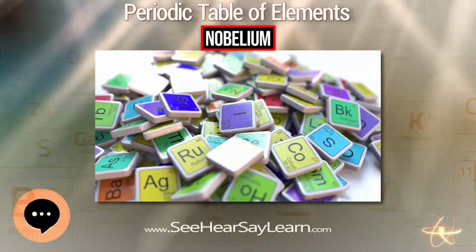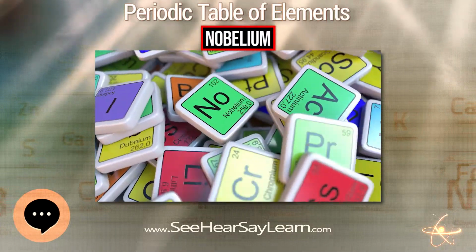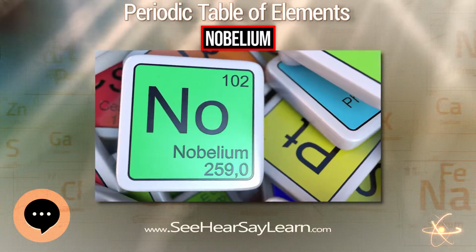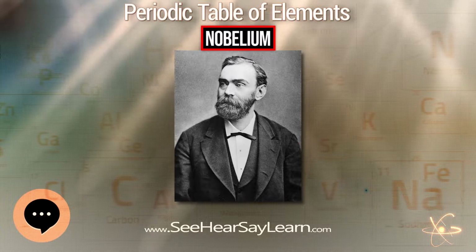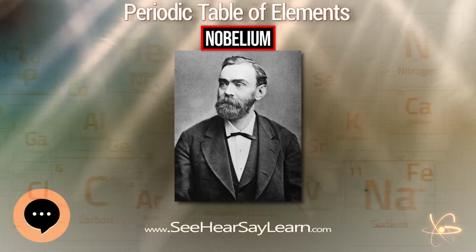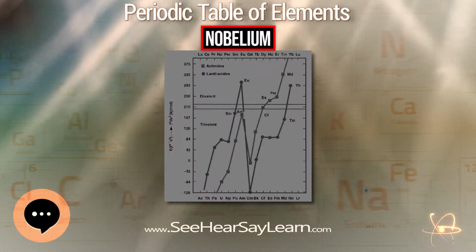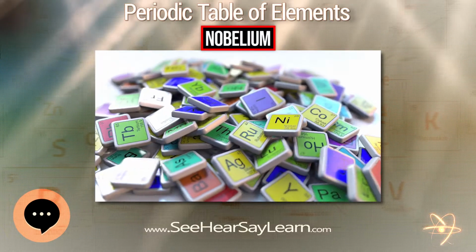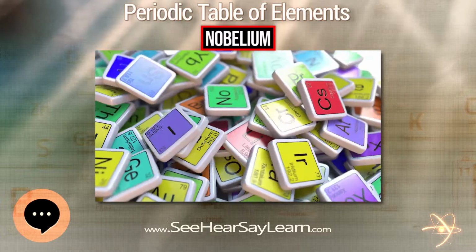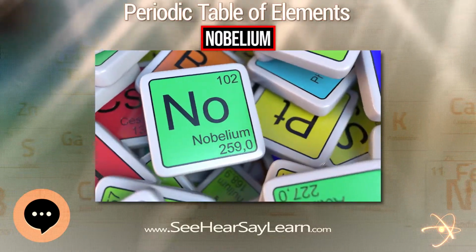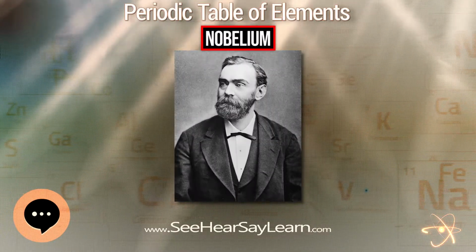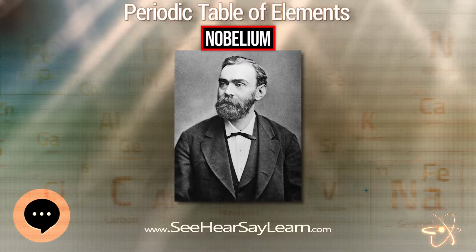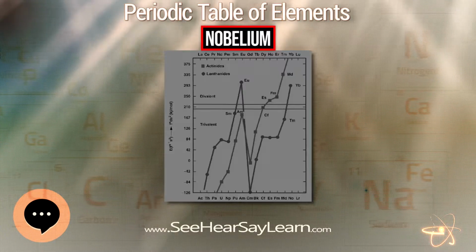Nobelium. Nobelium is a synthetic chemical element with symbol No and atomic number 102. It is named in honor of Alfred Nobel, the inventor of dynamite and benefactor of science. A radioactive metal, it is the 10th transuranic element and is the penultimate member of the actinide series. Like all elements with atomic number over 100, nobelium can only be produced in particle accelerators by bombarding lighter elements